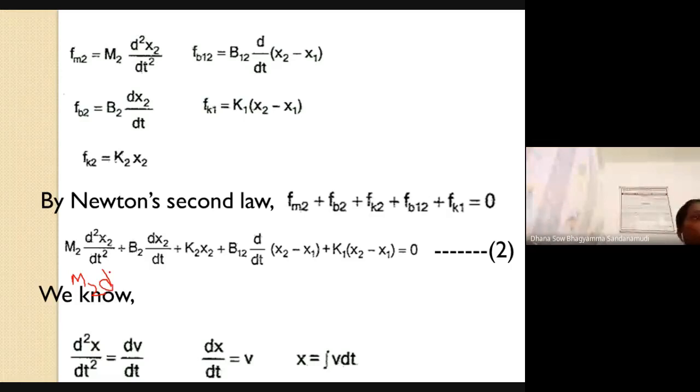Okay, so you will get m2 into dv by dt plus B2 into V2, here X2, so V2, plus K2 into X2 is nothing but integral of V2 dt, plus